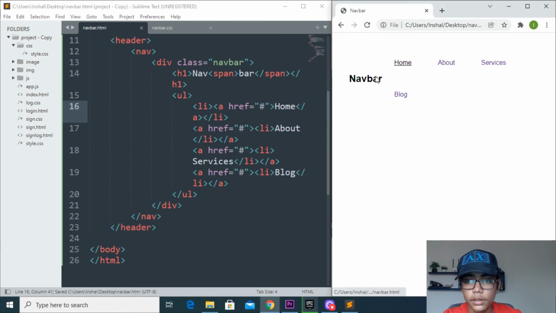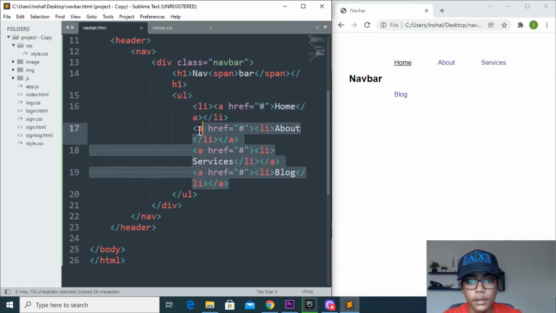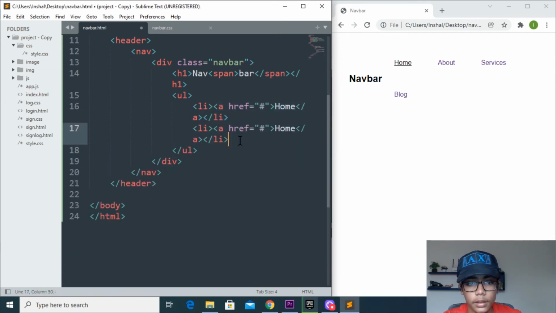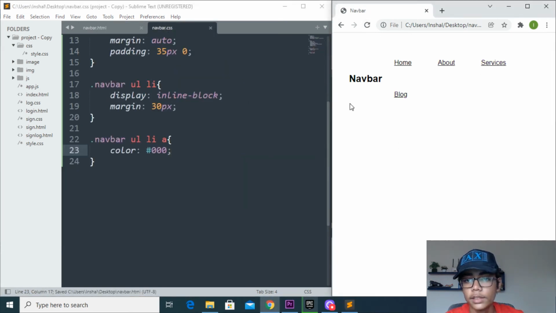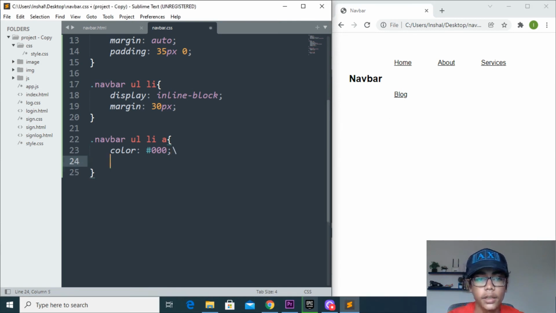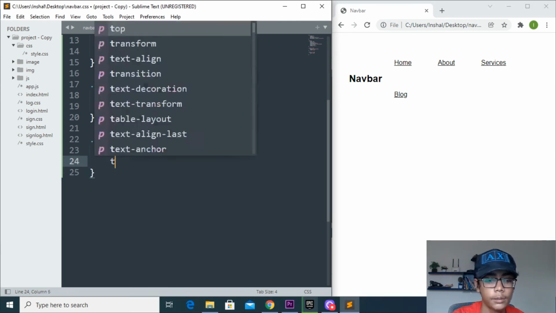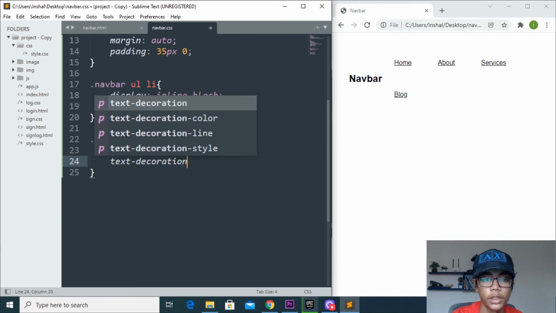You can see only this is at this color. So here I will be copying this thing here and pasting the whole thing here. Paste that. Here also, here also. So when you've done that, I'll be changing that to about. Here I will be changing that to services again, and here I will be changing that to block. So here you have to come and change that to block. Save that here, then refresh that. So you can see it is now coming, but it is underlined. Here I want it to not have that. So simply I'll be writing text decoration none.